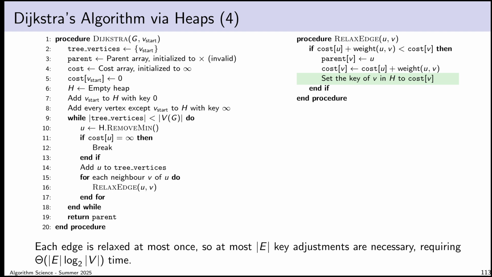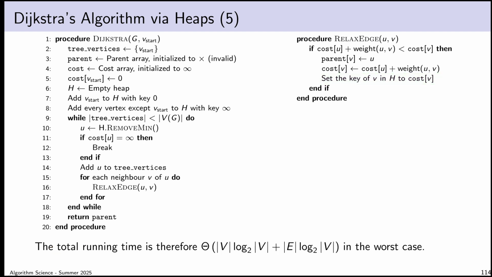Okay, so because we know already that each edge gets relaxed at most once in the worst case, the number of times I have to adjust a key of my heap is at most this number. And we saw when we talked about Jarnik's algorithm that heap adjustment can be arranged to be performed in this amount of time. And once we stare at the rest of the algorithm and observe that everything else is accounted for, we end up with this total running time. Total running time in this case is v log v plus e log v in the worst case, which is quite a bit better than the Bellman-Ford running time of number of vertices times number of edges.